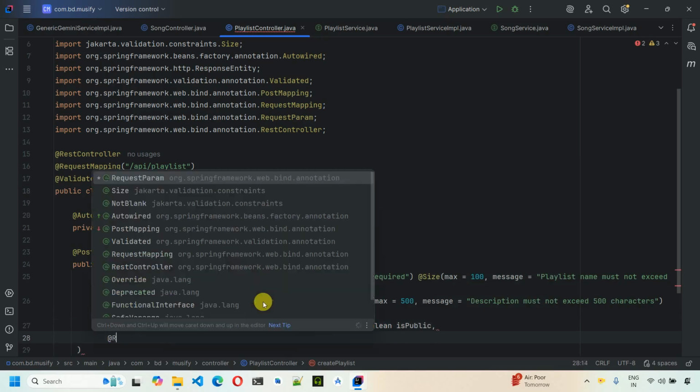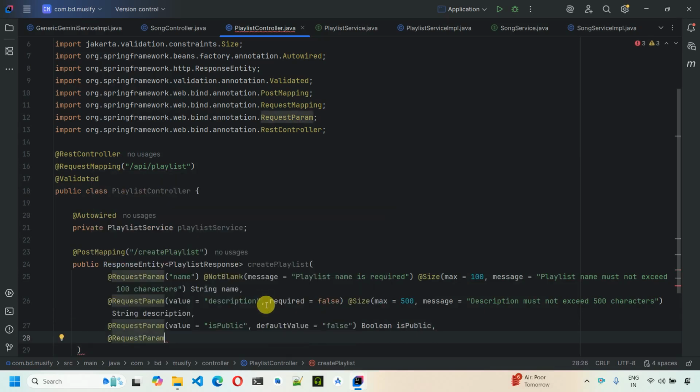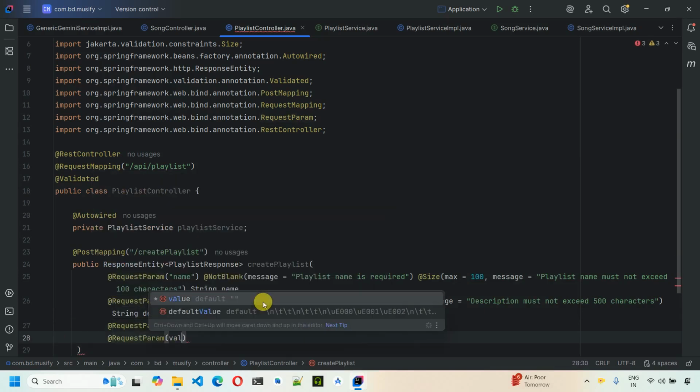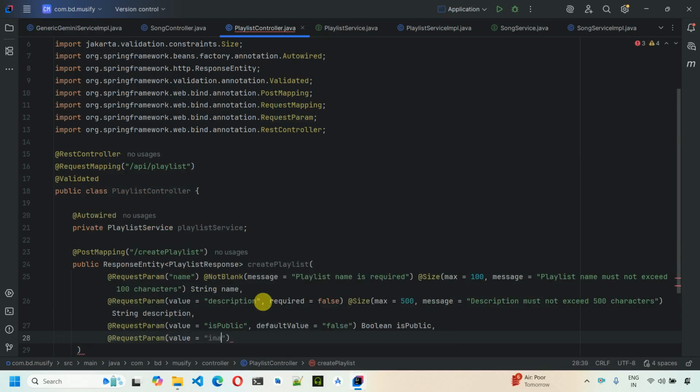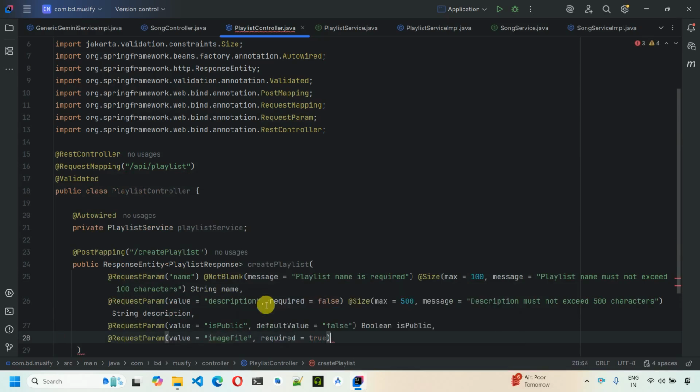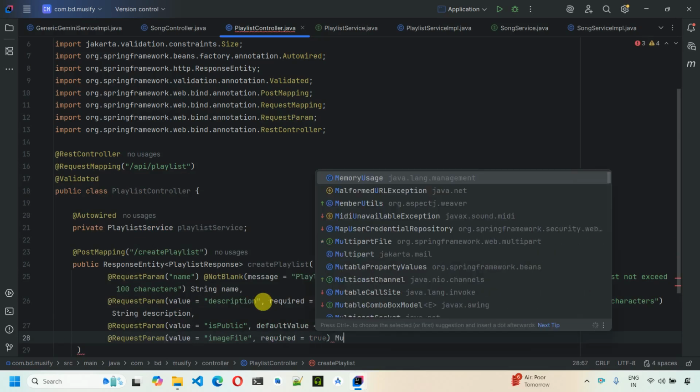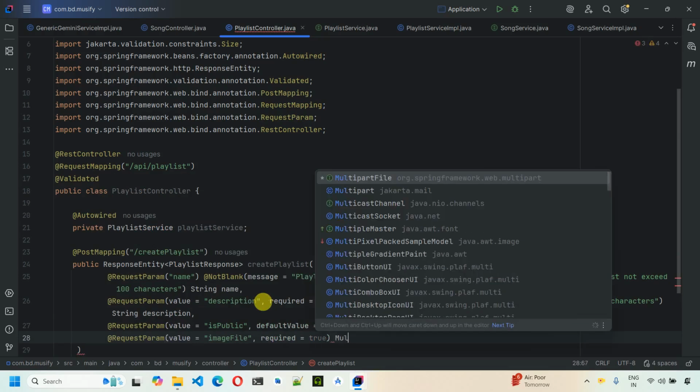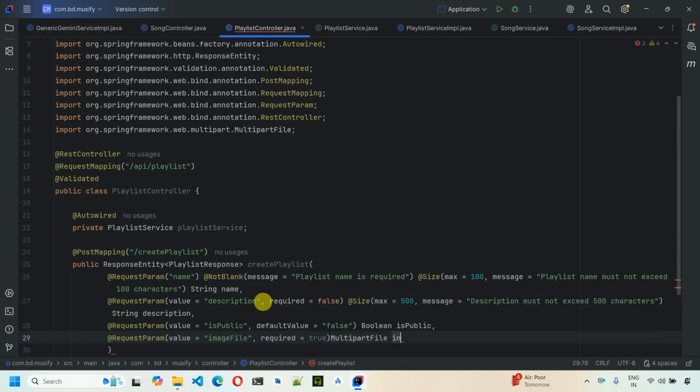Next we have is request param, that is for image file for the playlist. So value, that is image file, required is equal to false, or we can put required is equal to true, because for each playlist we will have the image mandatory. Okay. So MultipartFile image